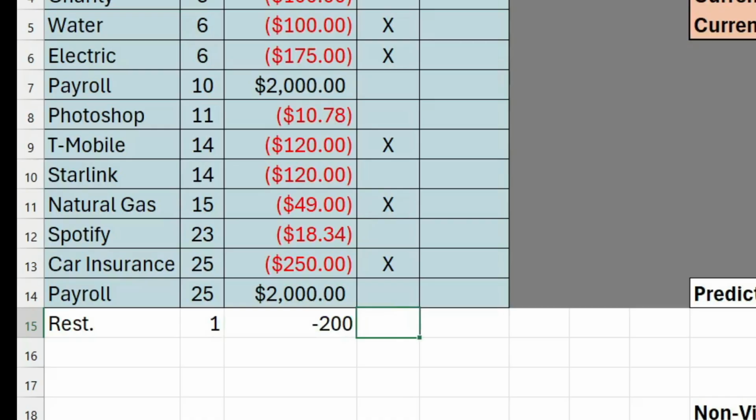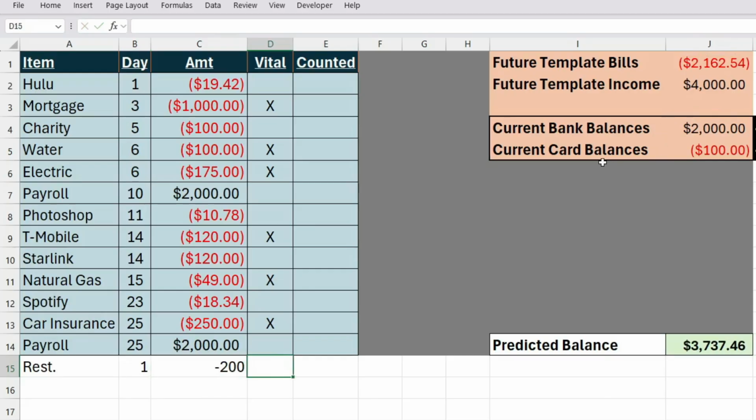Now then, if it does not show up on my credit card yet, I would leave this alone. But if it does show up on my credit card, I'm going to count what's on my credit card plus pending. And my personal credit card online, it shows pending. So I see that charge of 200 hit, so I have 300, and now this is counted. Oh, sorry, it's not vital, it's counted. Now notice,